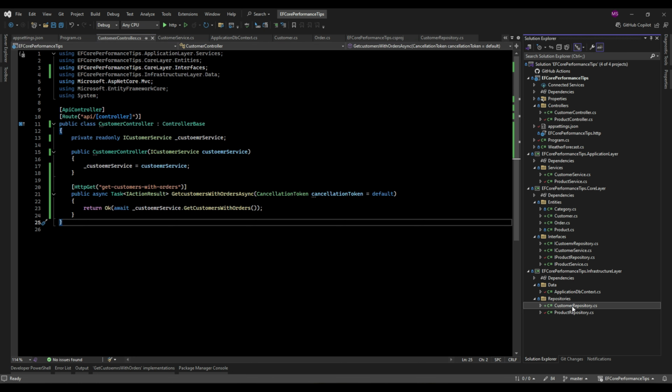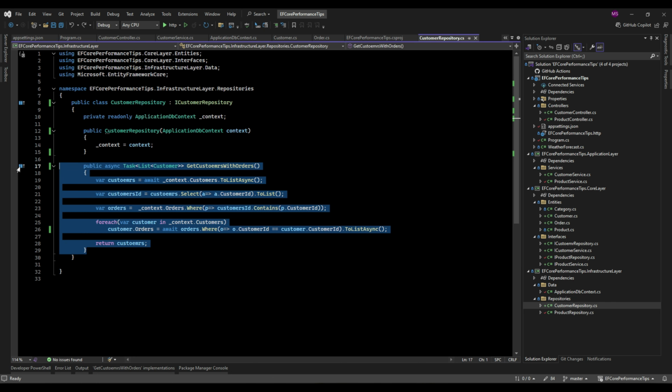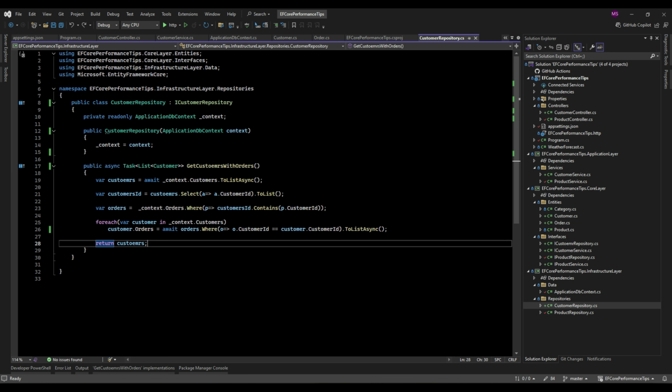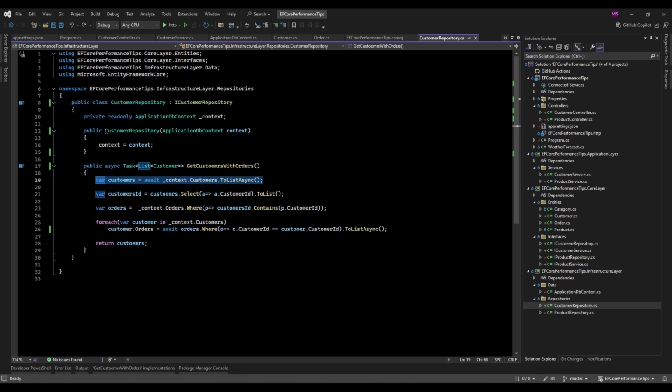Okay, here's our method designed to retrieve customers along with their orders. As you can see, we are using concurrent requests like this and this with just a single open database connection. This line asynchronously retrieves all customer records from the database, storing them in the customers list. The ToListAsync method helps ensure non-blocking execution, enhancing efficiency. Here we create a list of customer ID values from the customers list. This list represents the IDs of customers for which we will later retrieve related order records.